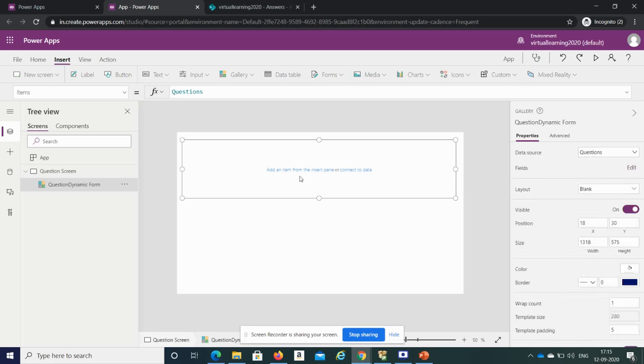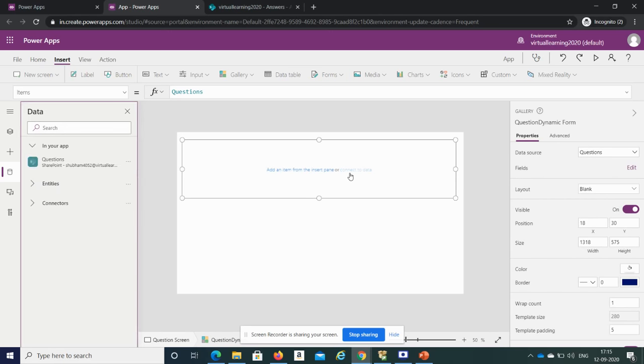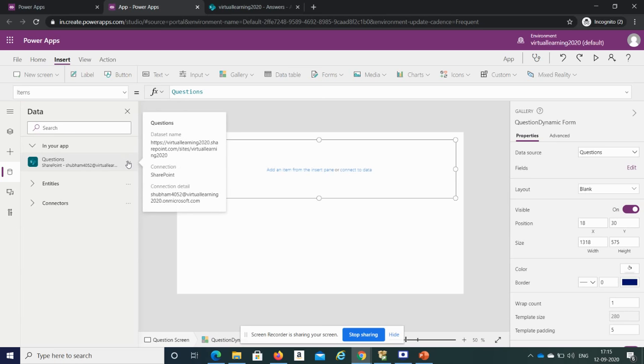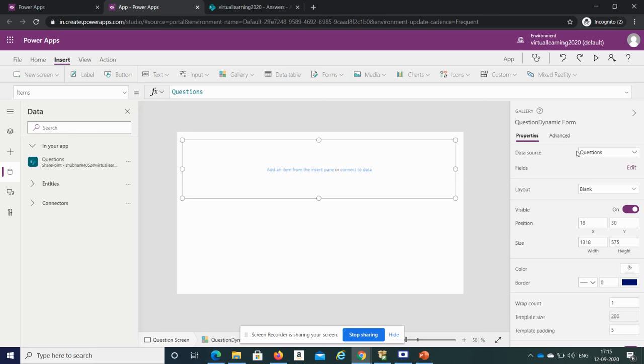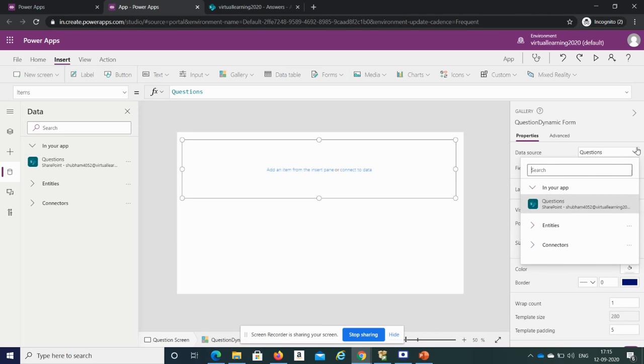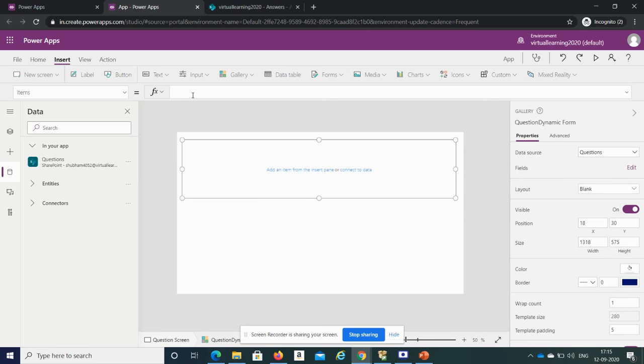We'll click on it again. We'll just click on refresh. Data is not reflecting here. We will just change it to none, and then we will select it again.